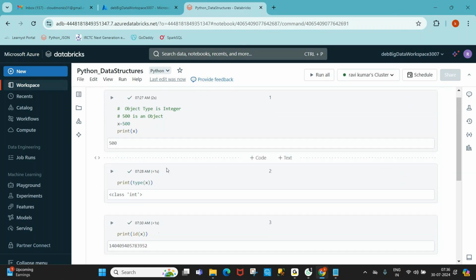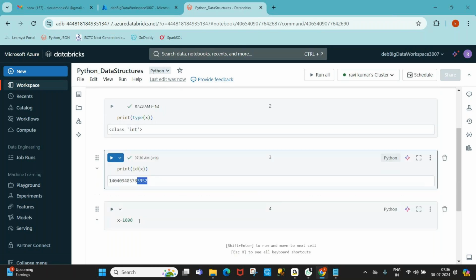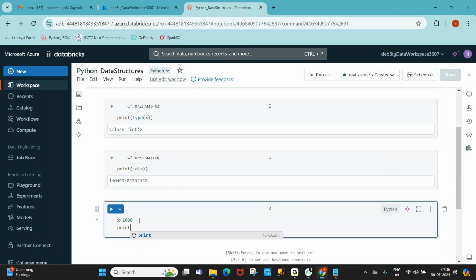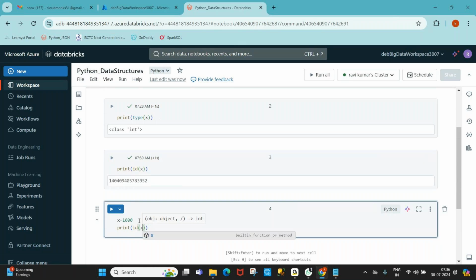Previous x address, you remember the last four digits, 3952. Now here, print id of x. Now execute.